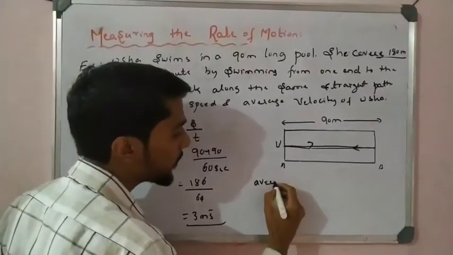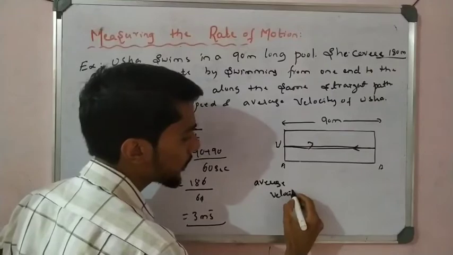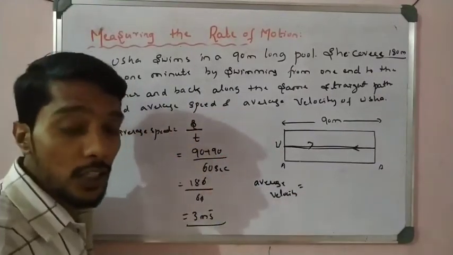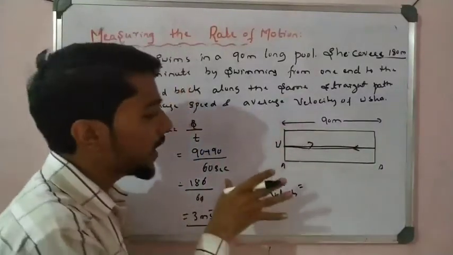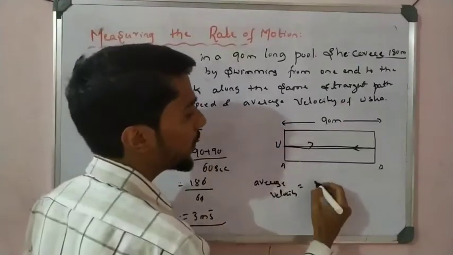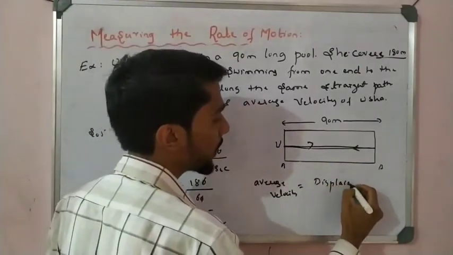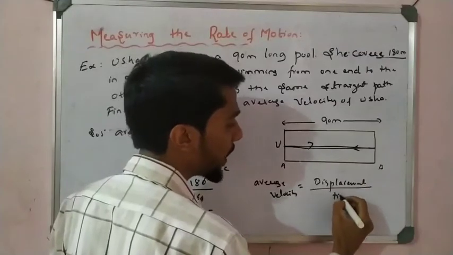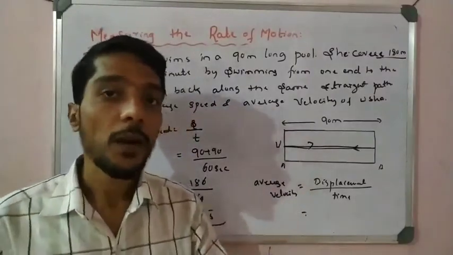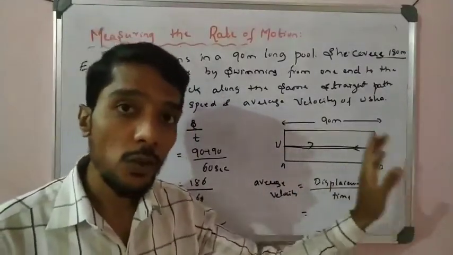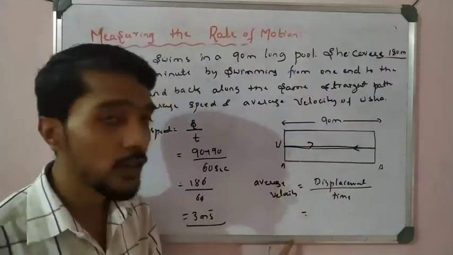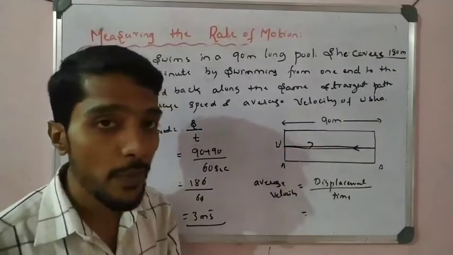And average velocity. So what is average velocity here? Average velocity is the rate of change of displacement. That is the formula we take here. Velocity is displacement divided by time. For this problem we can take it like that. Or we can take initial velocity and final velocity, but here initial speed and final speed are not given, so avoid that. So I can take this formula, displacement by time, that is also a formula to calculate average velocity.